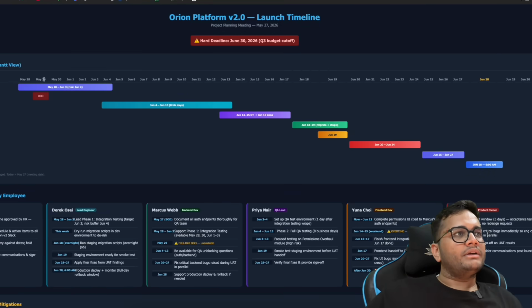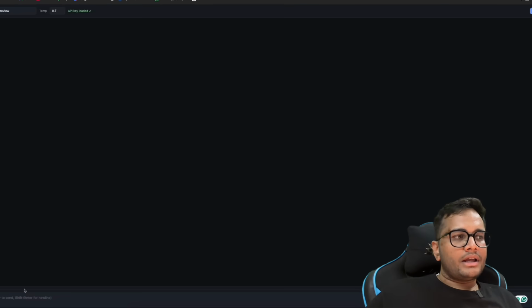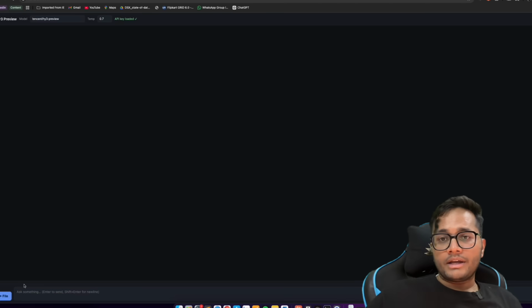Also the schedule, right? If we start from 28th May, what all timelines can be there for the project, and this is done very easily. It was a complex task, not very complex, but still it was able to handle it. Now let me give it an even harder task, but this is something that's very impressive. So I made an interface where I can, let's say, upload files for checking on my Hy3 preview. So I've made an interface where I can upload files for the second task that is a bit harder,